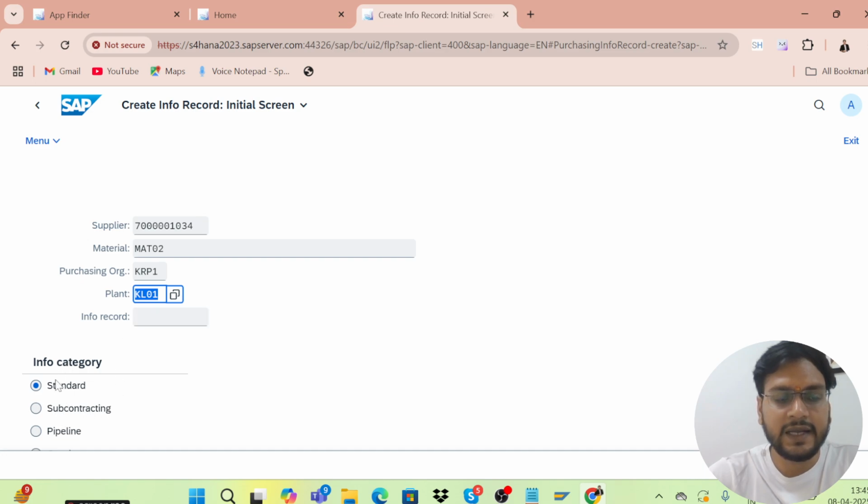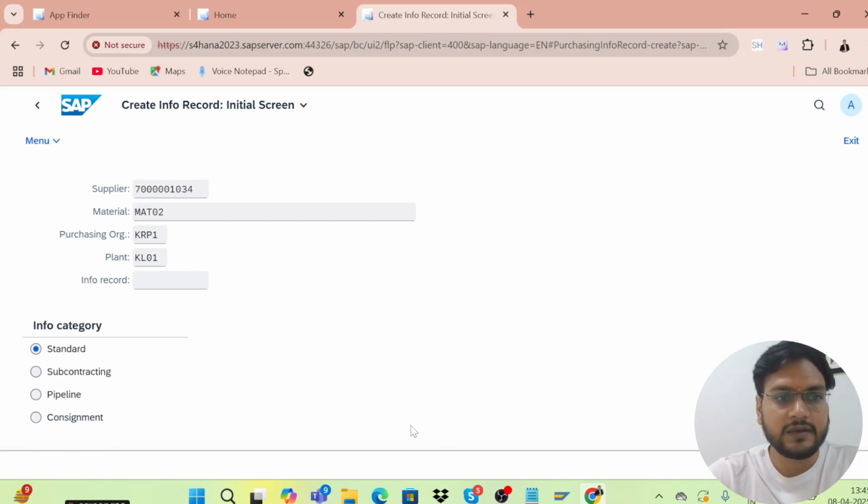Okay, and we can create any type of purchase info record, like standard purchase info record, or subcontracting, pipeline, or consignment purchase info record. We are going to select that checkbox, and we can simply create that purchase info record related to that info category.